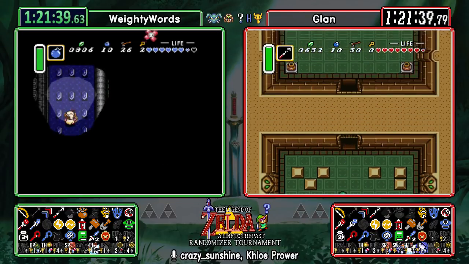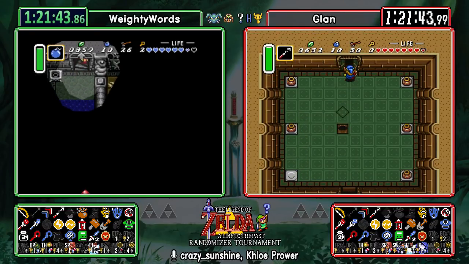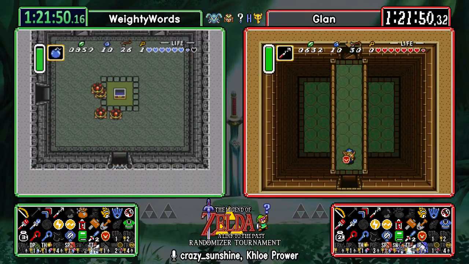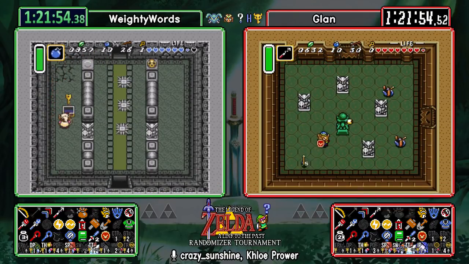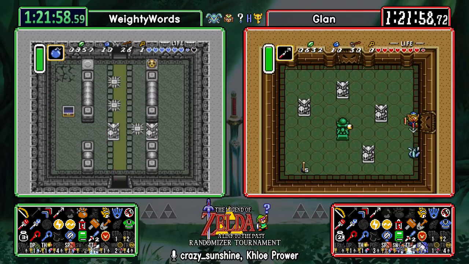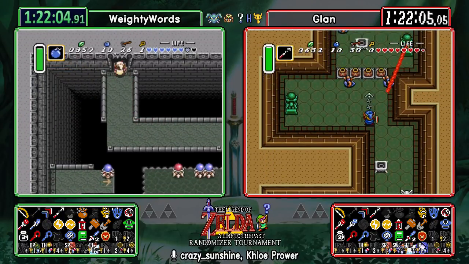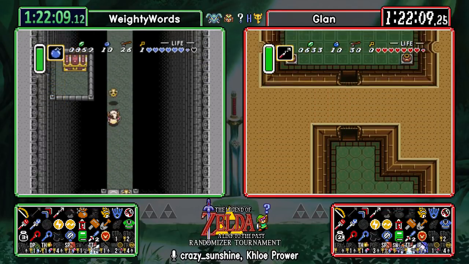Ooh, we are in go mode. I think we are. Well, no mode, because no mode at least, yes. WeightyWords is missing the Eastern Palace big key, and who knows how long it'll take him before he heads back to Skull Woods too. He's got a lot of dungeons he's going to check, but Pod was definitely a good play. And he has set up his key count so that he will not